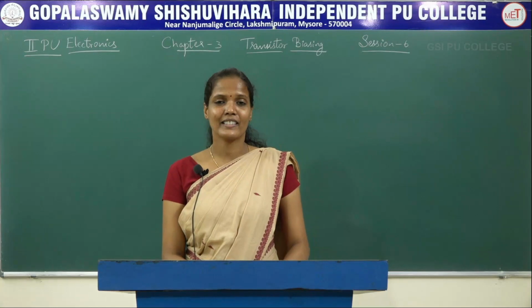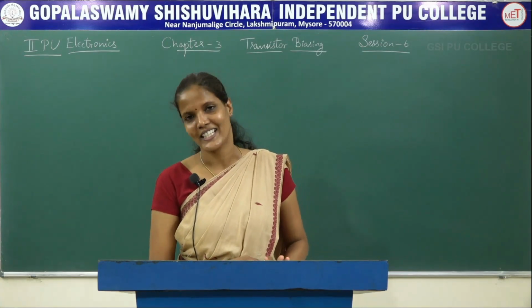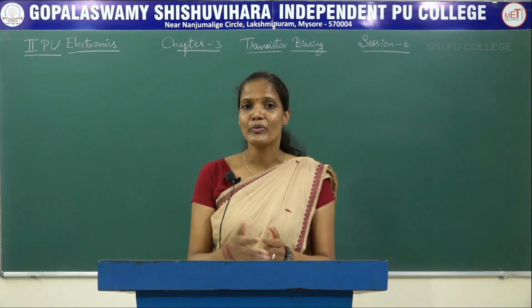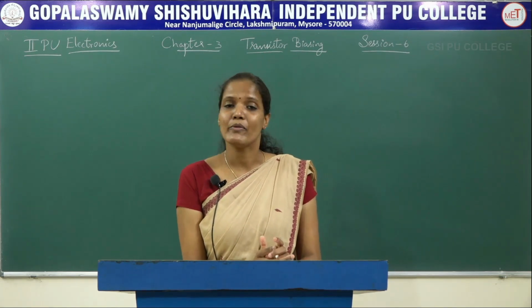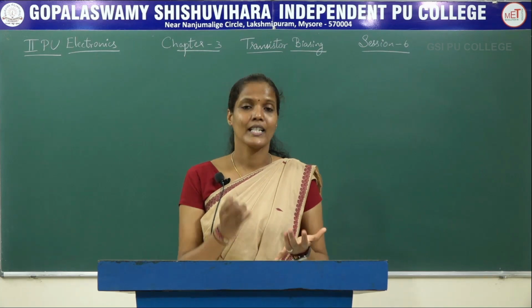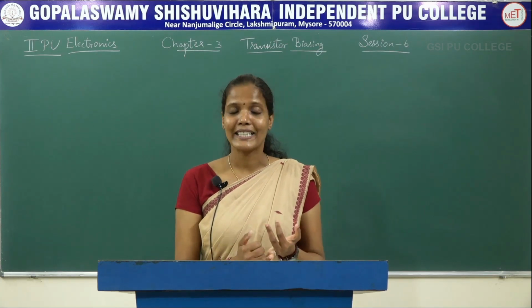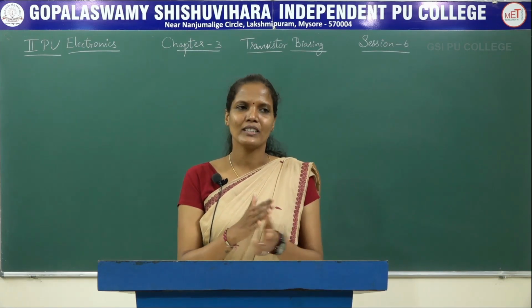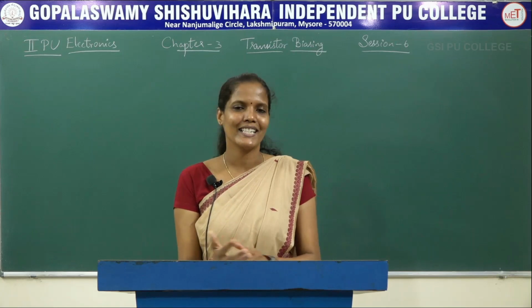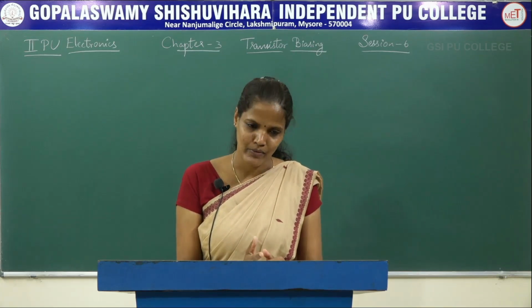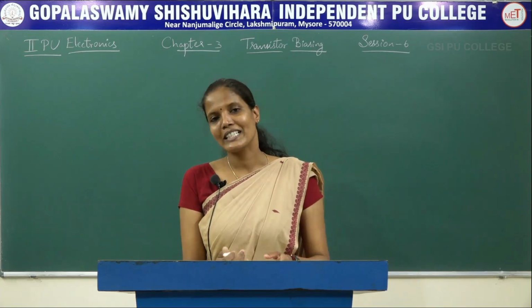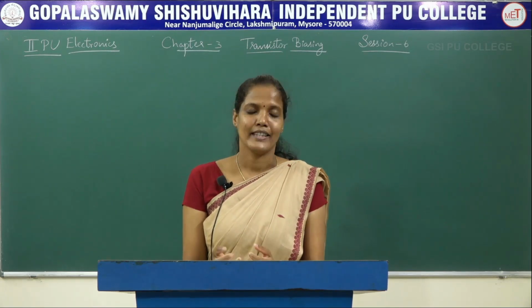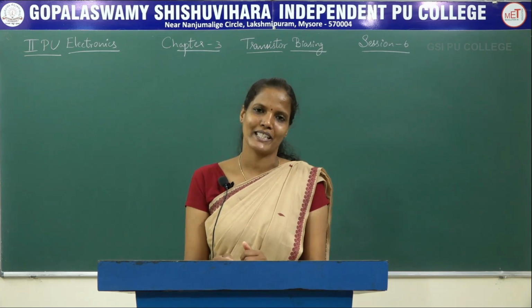This is the 6th session of our 3rd chapter, that is transistor amplifier. In the last few sessions we discussed how the different configurations of transistors will be working as an amplifier, that is common base amplifier, common collector amplifier and the common emitter amplifier. And also we saw the comparison of all these 3 types of transistor configuration amplifiers. Apart from that, we also did the DC and the AC analysis of the common emitter amplifier. Now we are going to solve some problem on this particular topic.